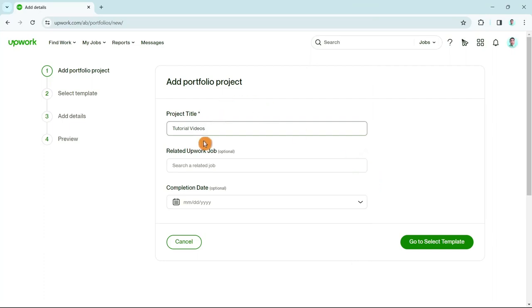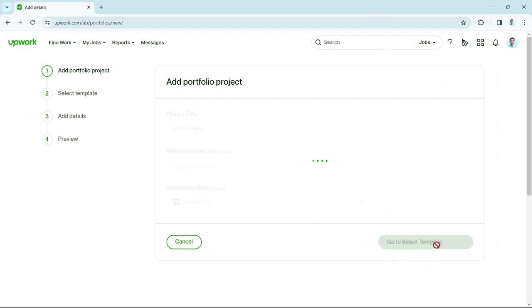And then here on the second option, we have related Upwork job. Basically, this is optional, so we can leave it right here. And also we have completion date. This is also optional, so we're going to skip this. And once done here, you just have to tap or click on the go to select template right here at